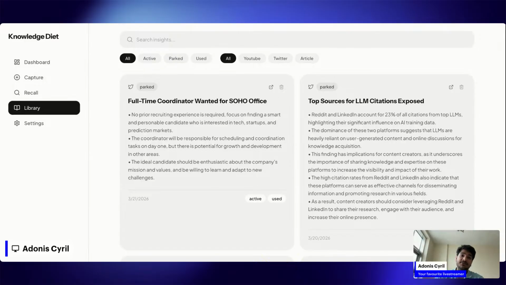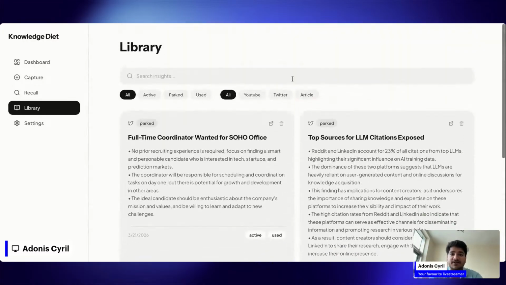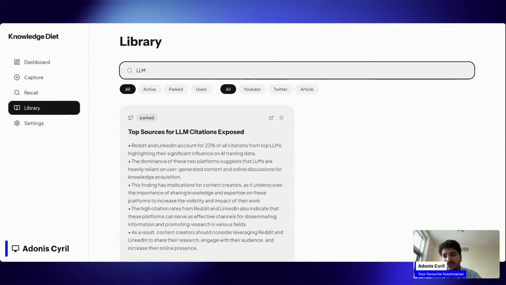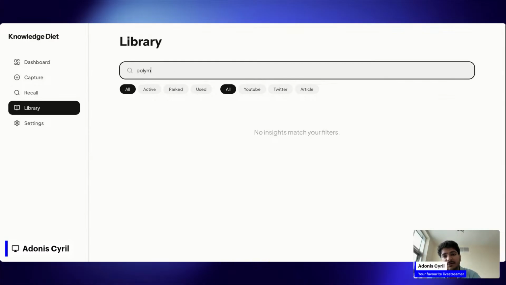You can actually use it to hunt for a lot of jobs as well. You get what I mean? So that would be really, really cool, like you saved job applications and stuff like that. Let me actually see if this is even, yeah, see, this is able to do this. It is searchable right here. And then let's just search Polymarket.